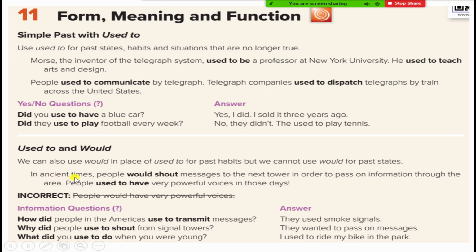For example: in ancient times people would shout messages to the next tower in order to pass on information through